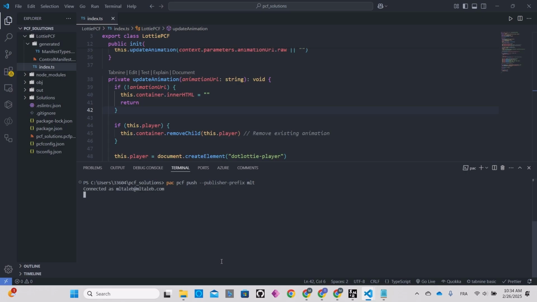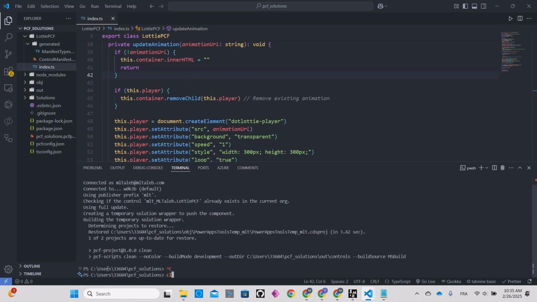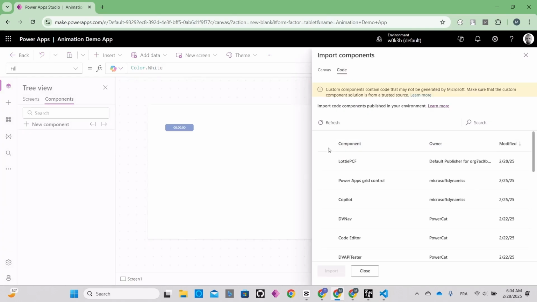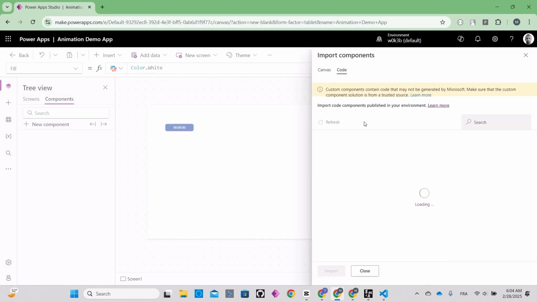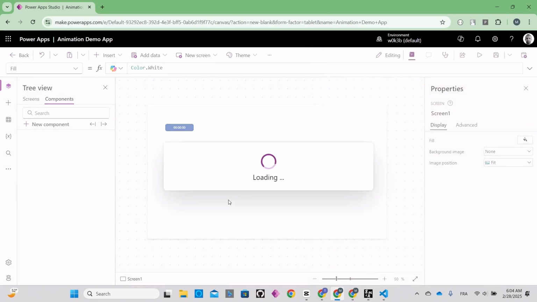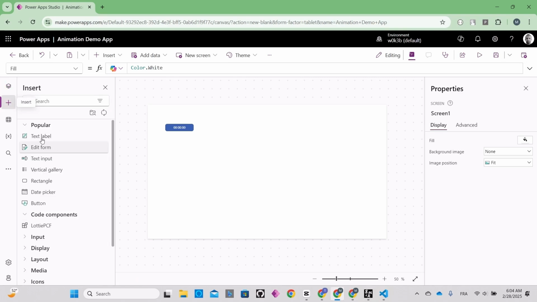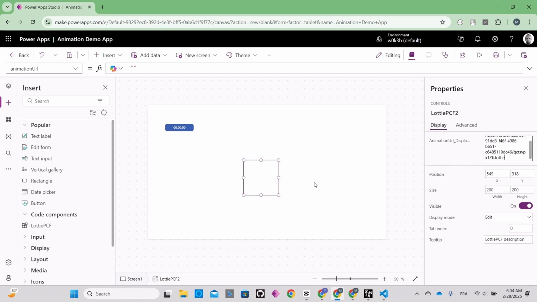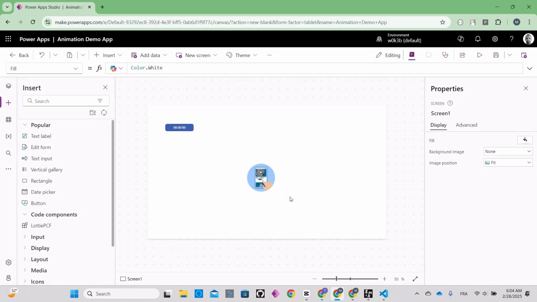Now we are going back to the app to re-import it and test it. Now on my Canvas app, I will re-import it. I should refresh first, then I will pick it and import it to the app. Now on the app, I should import it on my screen. So under code component, I will find it and I will repaste the URL. Now let me just test it,